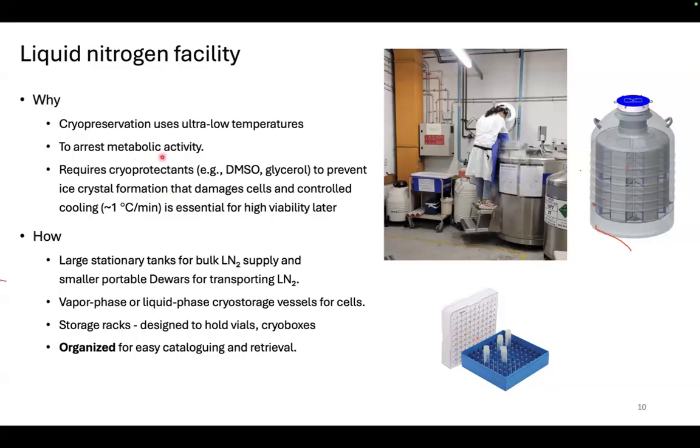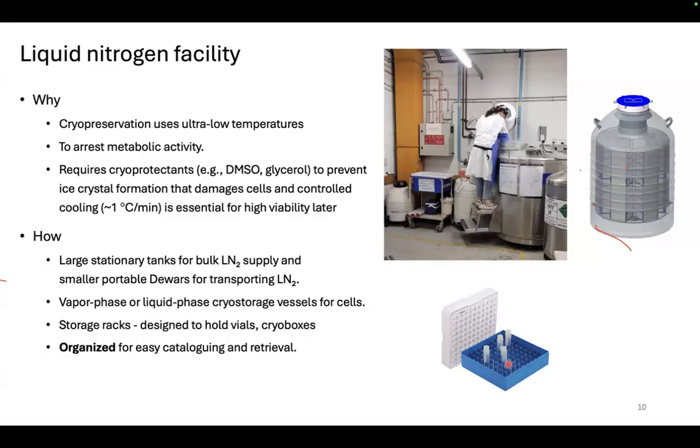So it arrests metabolic activity. Cells are not dead. They are just in some sort of a sleeping phase. But you don't want the cells to burst open, just like these tubes. So DMSO, glycerol, either directly DMSO glycerol or there are also pre-made cryo mediums where you can take, let's say 10,000 cells, put them in half an ml of that medium and put that in these vials and then put them in